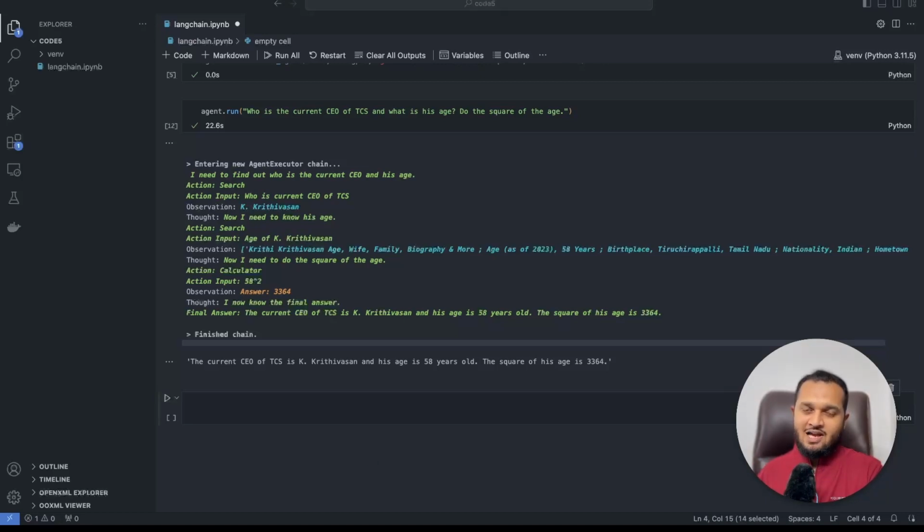In future, I am going to make multiple videos about AI agents and how you can use AI agents in your day-to-day tasks. We'll do data analytics by using AI agents. We'll ask questions to our pandas data frame by using LangChain agents. So all these things we will cover in our future videos.